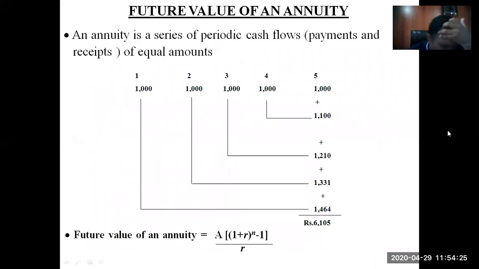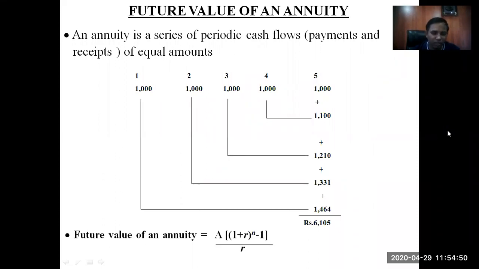Future value of an annuity. What is annuity? As we are entering into a new term, let us discuss what annuity means. Annuity is an amount that you are going to either receive or pay. When I say cash flow, your cash flow can be cash inflow, or cash outflow. Does not matter. The money comes into your pocket or goes out of the pocket. You need to understand the concept.